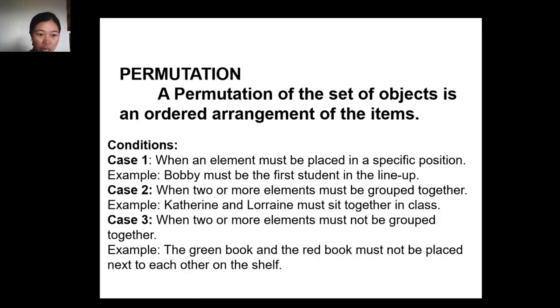Now another condition is case 2, when 2 or more elements must be grouped together. An example of this is Catherine and Lorraine must sit together in class. So the given condition is Catherine and Lorraine must sit together in class. Then we have case 3, when 2 or more elements must not be grouped together. An example of this: the green book and the red book must not be placed next to each other